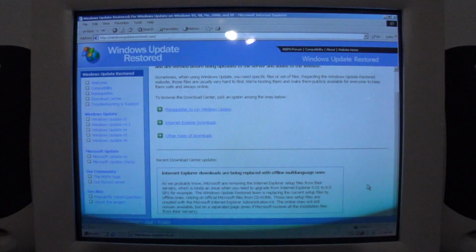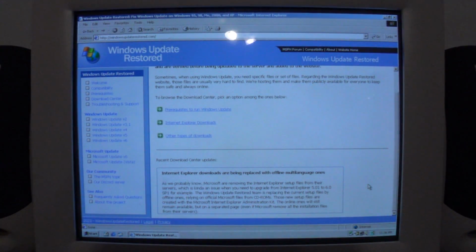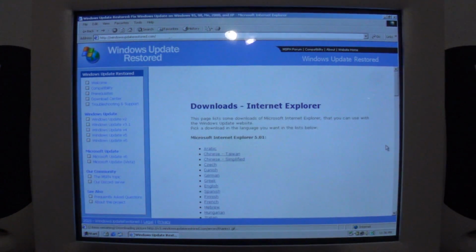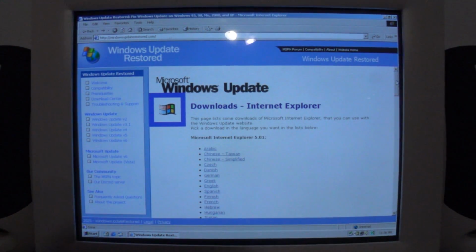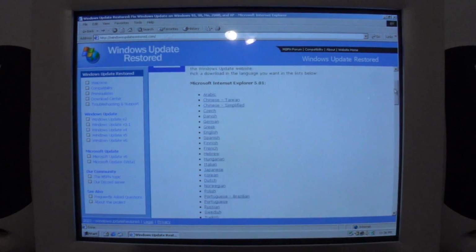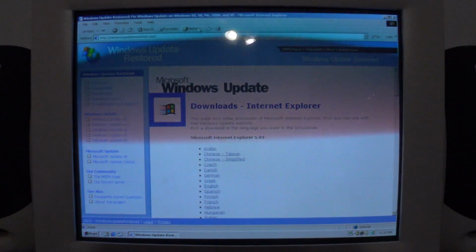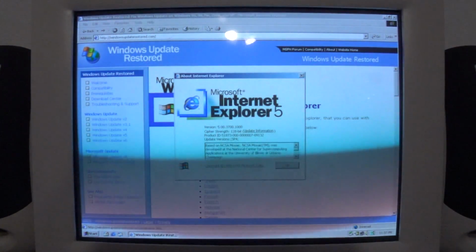And this one talks about IE downloads being replaced with offline multi-language ones, because Microsoft was planning to get rid of all those IE downloads in the future, because IE is currently out of support as of now. Okay, brought me back to this page. IE downloads is here, and essentially the same as it was. Okay, so we're on IE